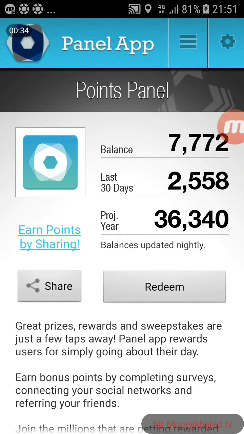So how this application works is that you install this Pane app on your phone. You just leave it. All you do is come and check the points every day. You don't need to do anything. Sometimes they may send you a survey of 10 seconds. You are through, and you get points. As you can see, I have